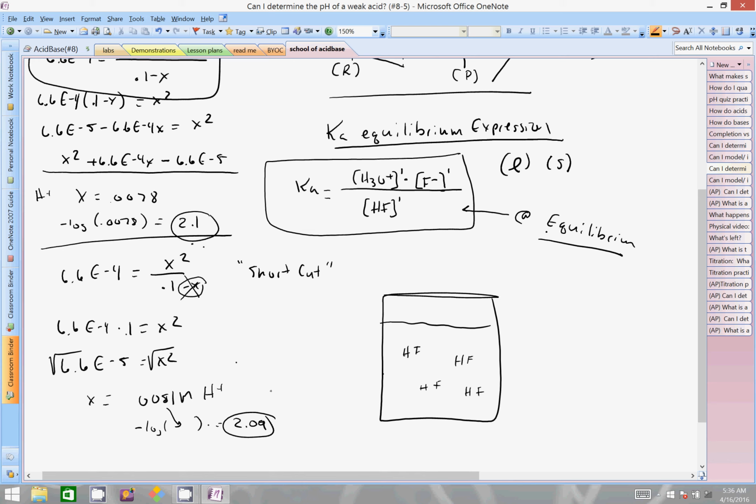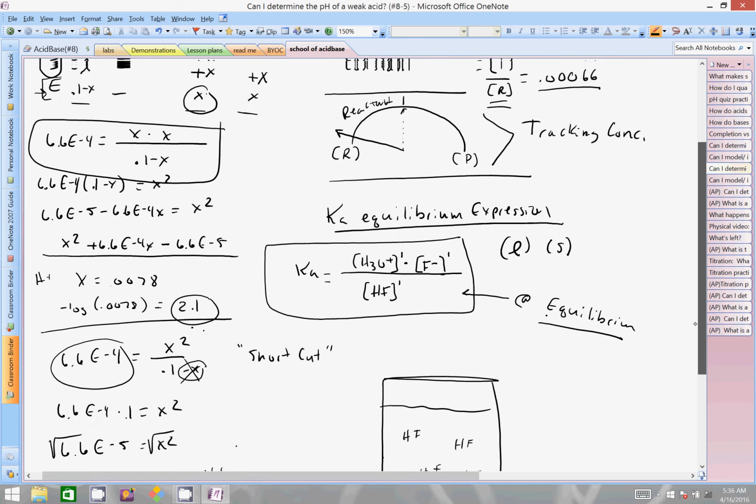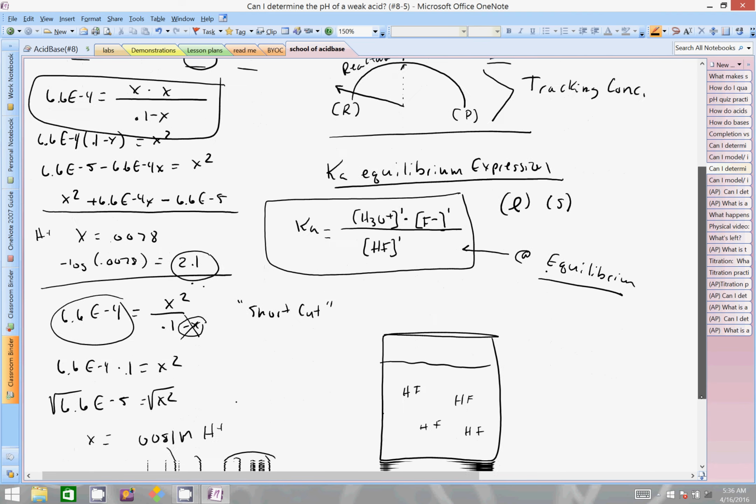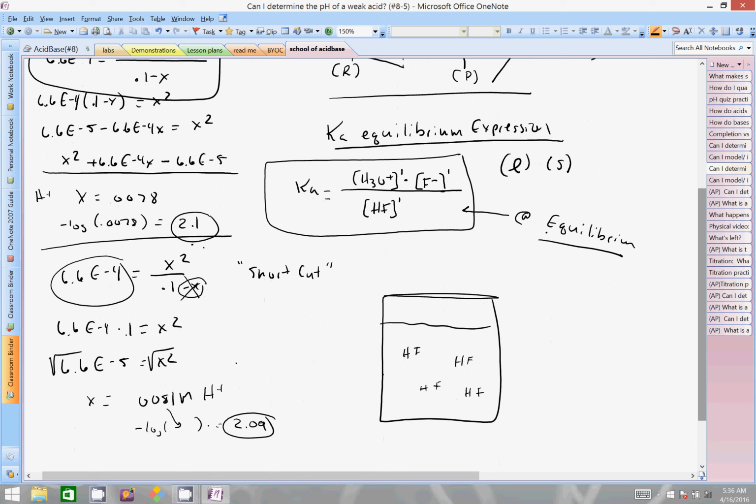Now, as the Ka value gets bigger, that would mean the change would get bigger. On my ice table, this would get bigger, and therefore x gets bigger, and therefore it starts to cause problems. As a general rule of thumb, as long as we're in negative fourth or smaller, then my x value will be small enough that I can use my shortcut rule. Either way,